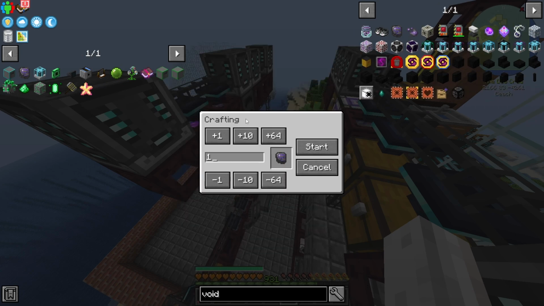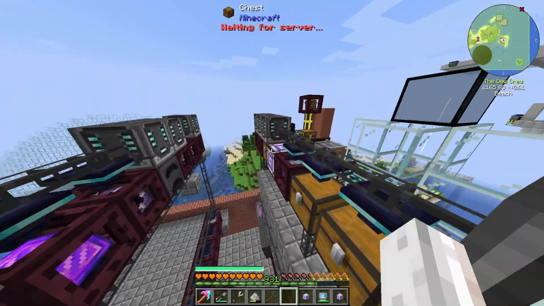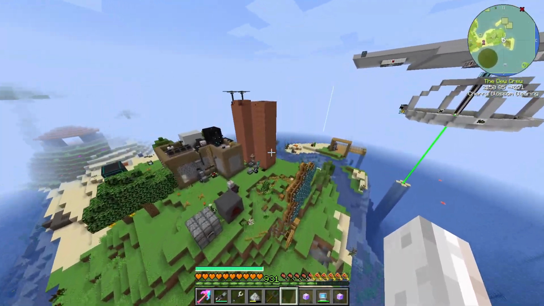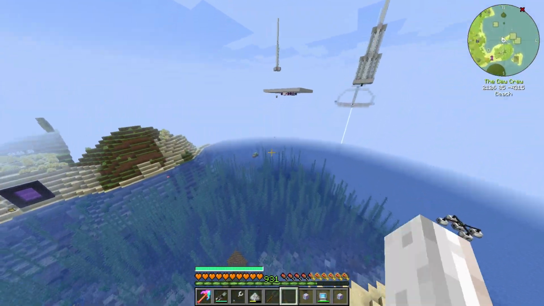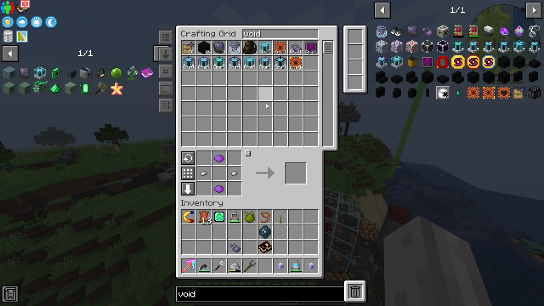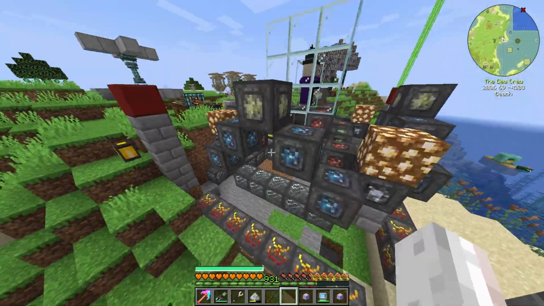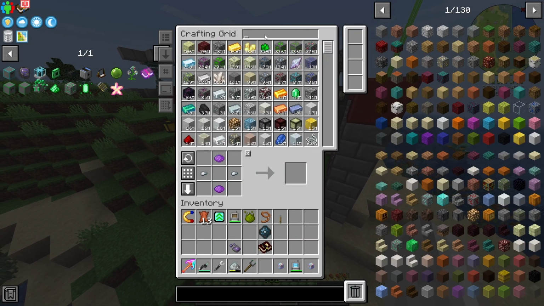I'm going to hold Control-Shift to open this menu. Click Craft. It says we can. I'm going to click Start. We'll fly over there. Because we still need to build the altar, so we can do that while we're here. But it should be working. We should end up with what? With 6 Void Sigils. So I'm tempted to just... We'll leave that for now, and we'll move on to the next task, which is...